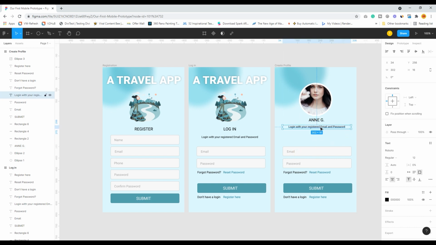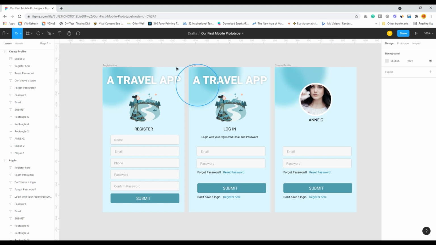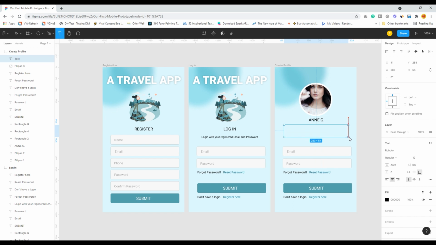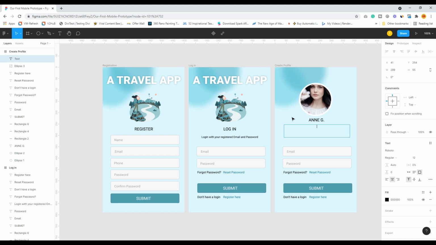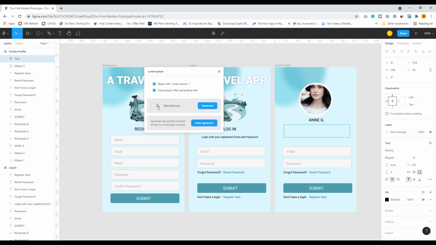And I can just add a paragraph. I will show you how you can use the default lorem ipsum paragraph over here. This is a description of the person who has actually filled in the profile section. So I will right click over here, go to plugin and select from the plethora of plugins that I have installed, lorem ipsum, and you see it shows how many sentences I want to use.